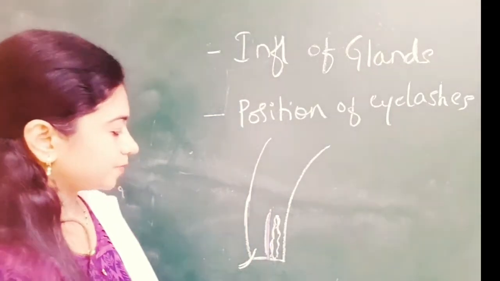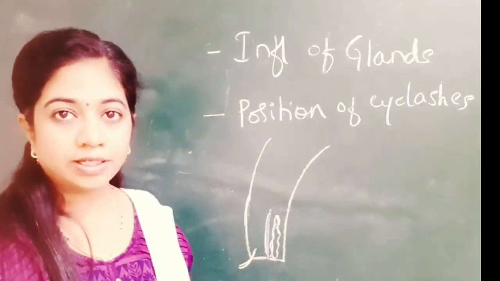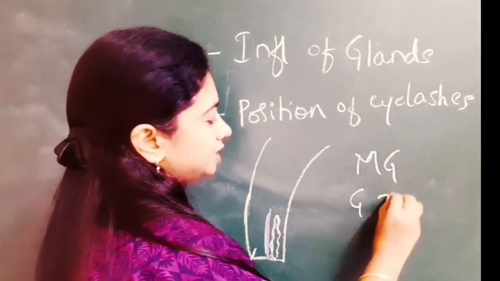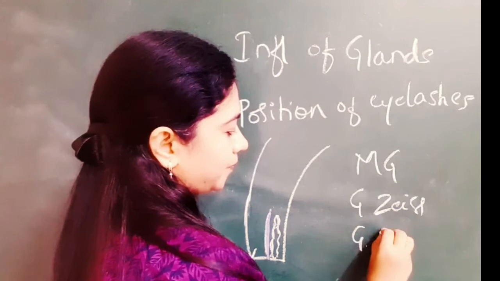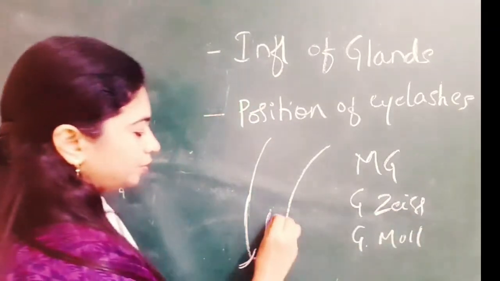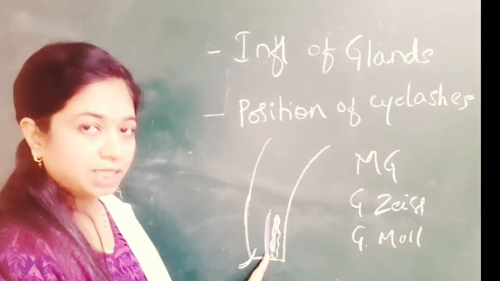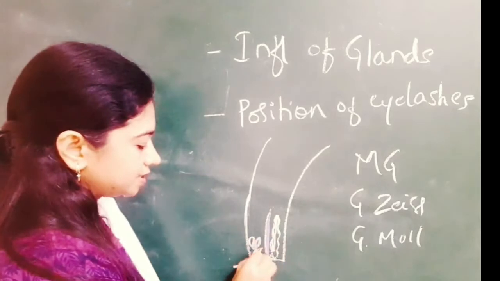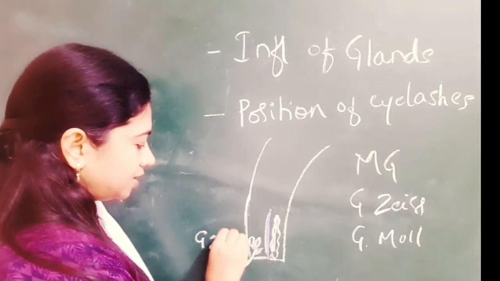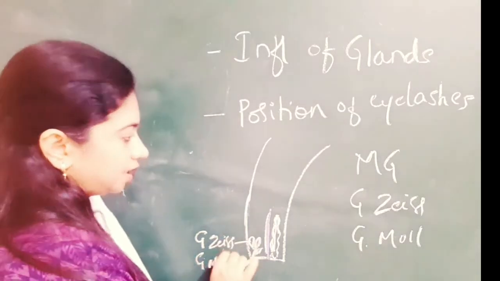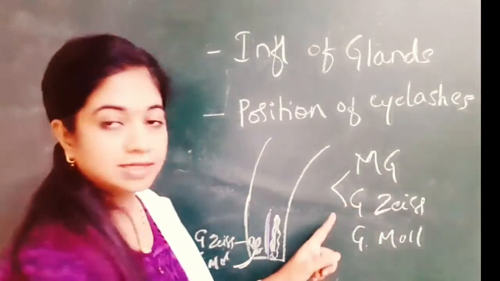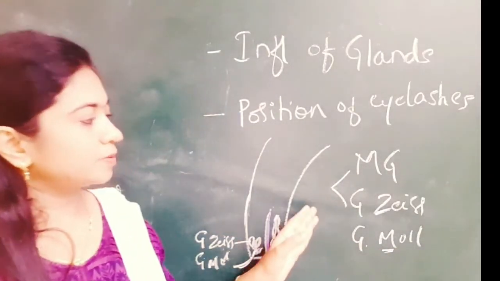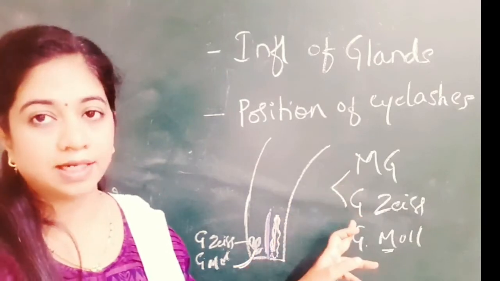Okay, so just to brief, we have mainly three important glands in the eyelids. That is the meibomian gland, glands of Zeis and glands of Moll. So this is the meibomian gland which is lying posterior to the tarsal plate. And anteriorly we have the eyelash, to which are attached the glands of Zeis and glands of Moll. Again, hope you remember that these two glands secrete the sebum, whereas the glands of Moll secrete the watery content. So all these inflammations are mainly with the meibomian gland and glands of Zeis.